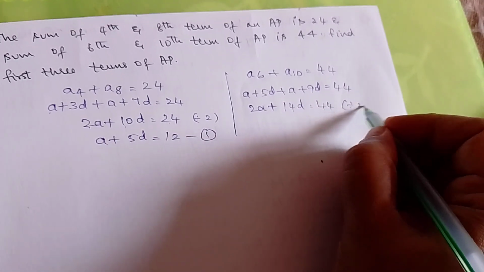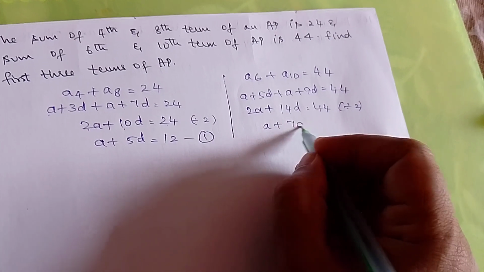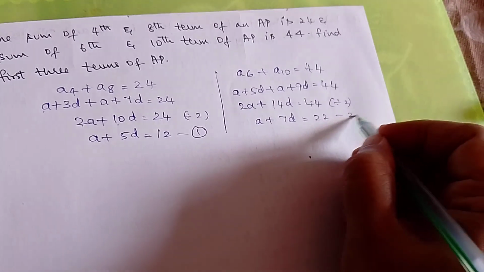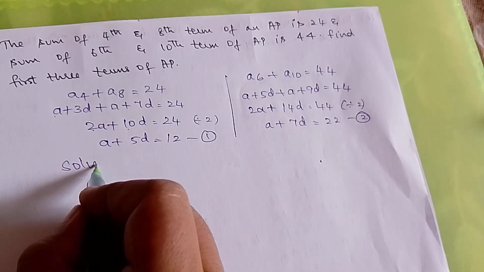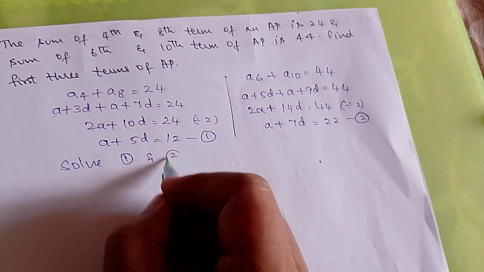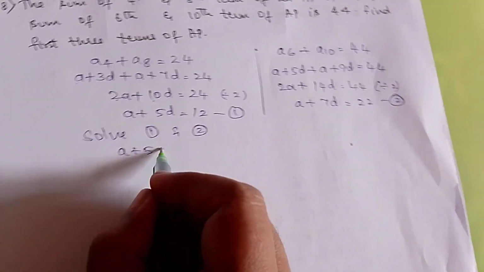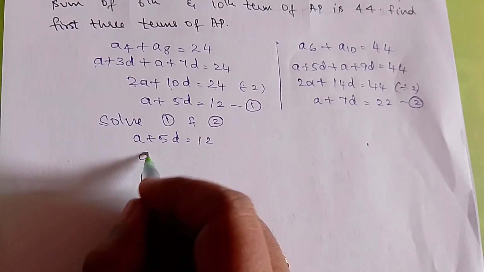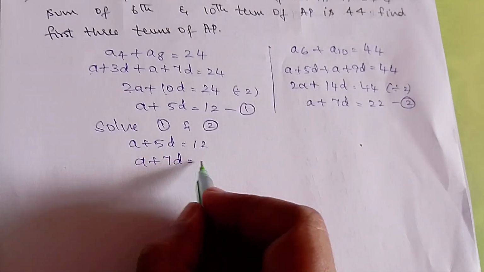We'll do the same thing, we'll divide by 2. A plus 7D is equal to 22. This is our equation 2. Now we'll solve both equations. Solve 1 and 2, which is A plus 5D is equal to 12 and A plus 7D is equal to